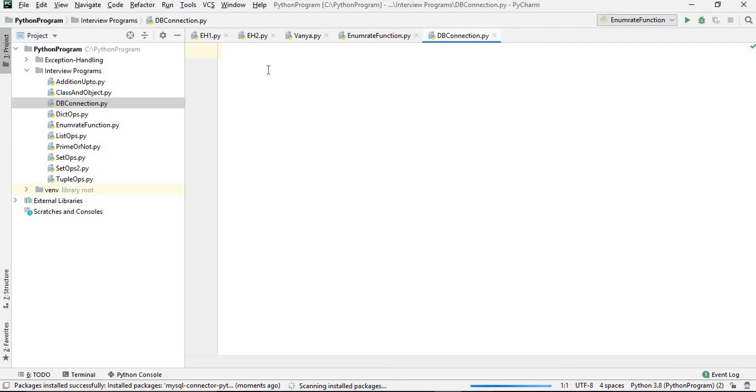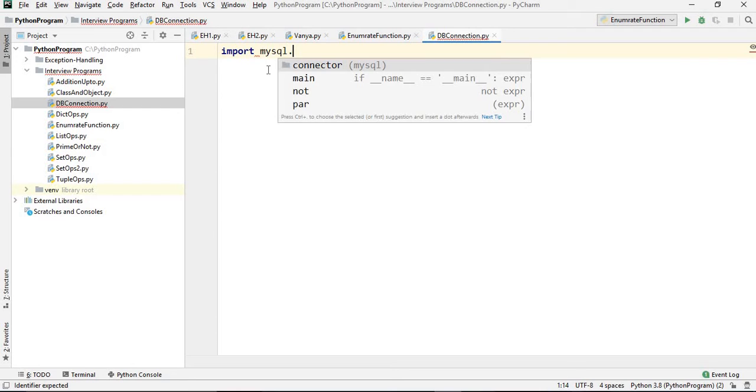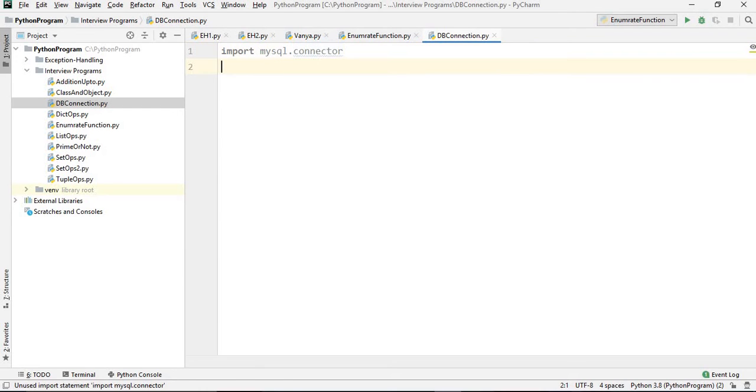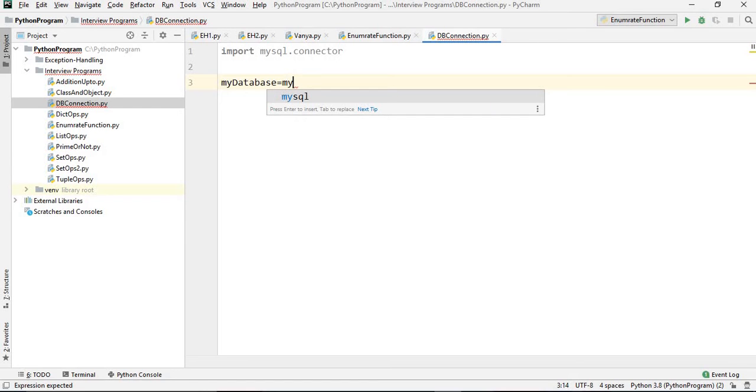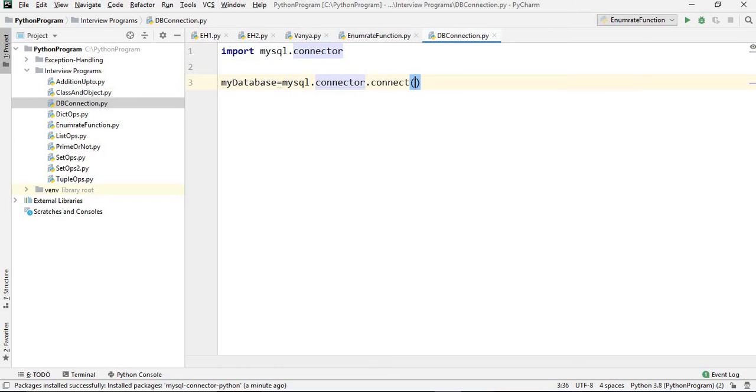Now first we have to import mysql.connector. Okay, so import mysql.connector, and after that we'll create one instance of the database. So let's suppose my database equals mysql.connector.connect, and we have to pass some